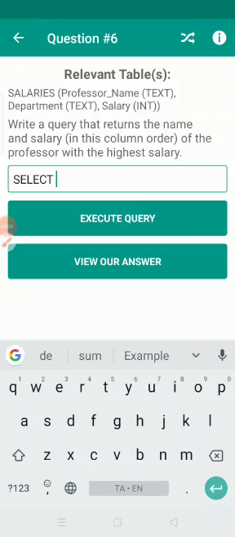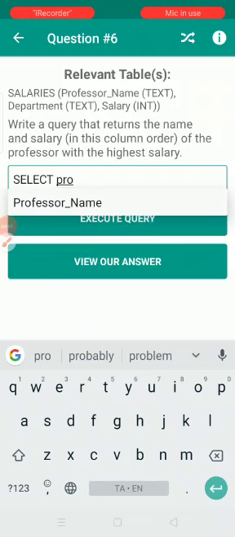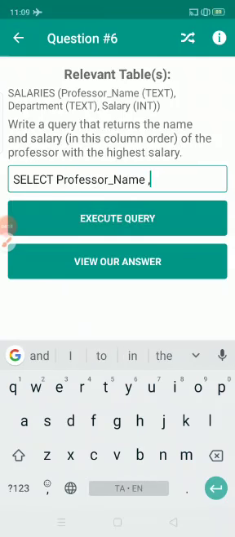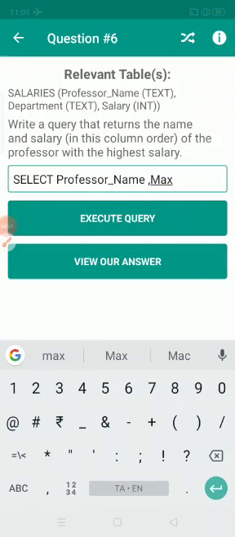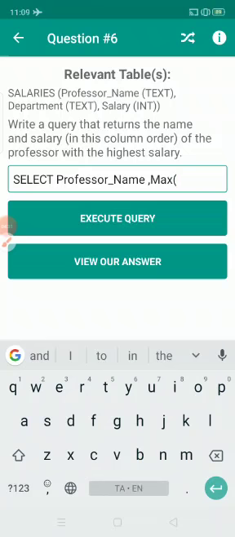The name of the person we get through the column professor name, and then we get the highest salary using the MAX function, the max of salary.